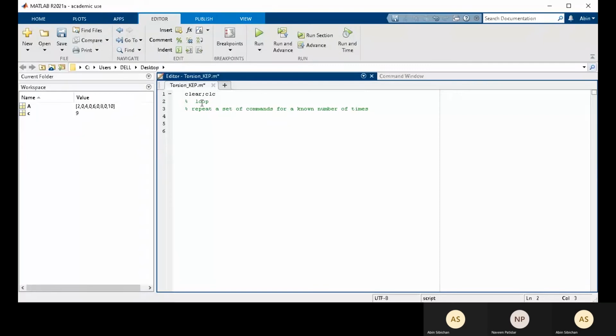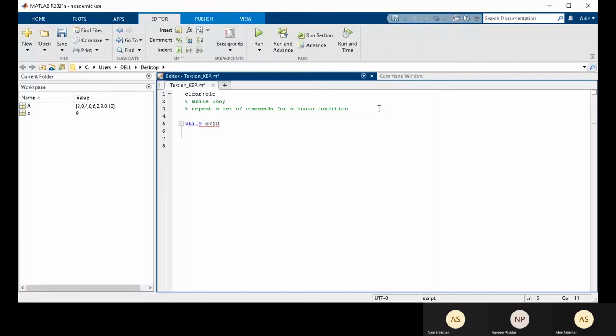Similarly, we'll be using while loop as well. While loop will repeat the set of commands for a known condition. Until the condition is met, it won't stop.